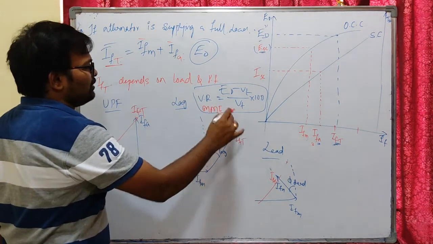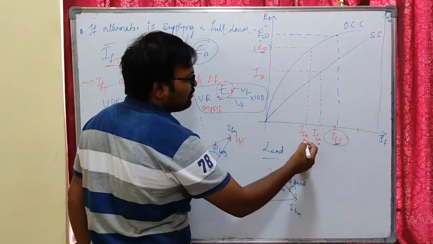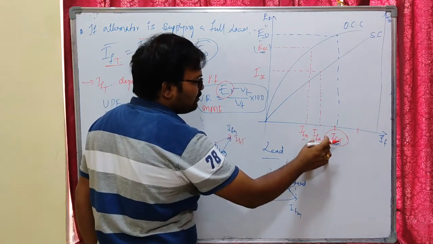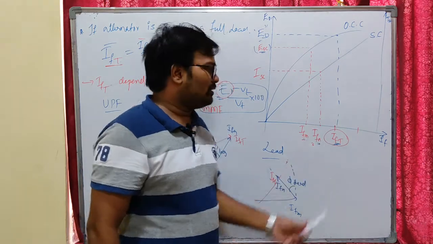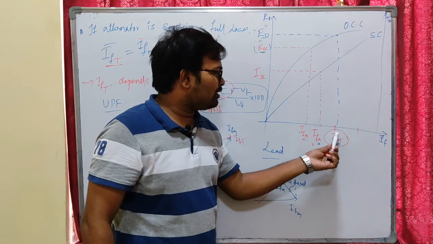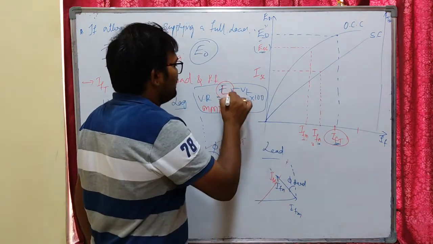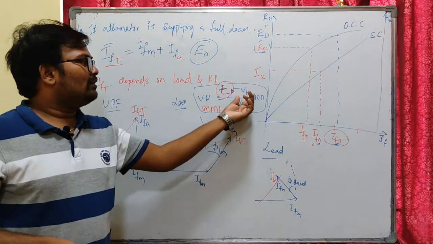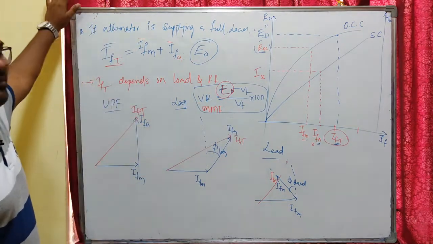This is the MMF method, okay. You find E naught using the total field current, the sum of the field current required to produce rated voltage under open circuit condition, and the field current required to produce rated armature current under short circuit condition. The sum of these two will be our total field current. At this total field current you get an EMF, that is going to be our E naught. This is the idea. This is how you get the open circuit voltage, and you can find the terminal voltage and the voltage regulation. So this is about the MMF method.